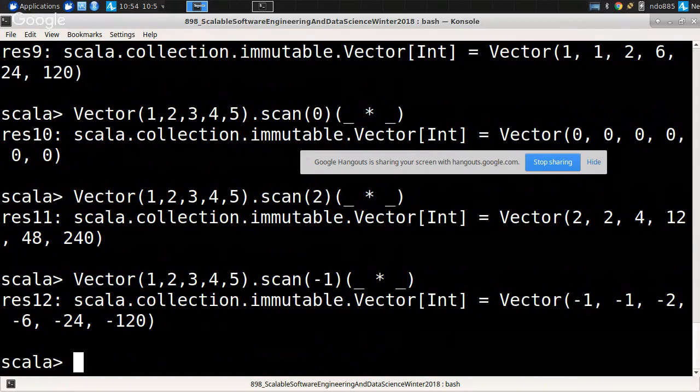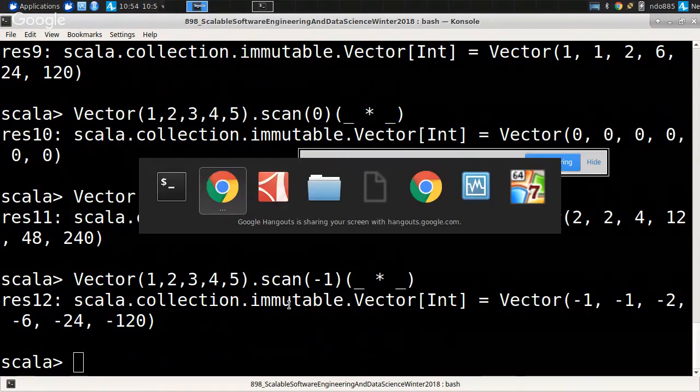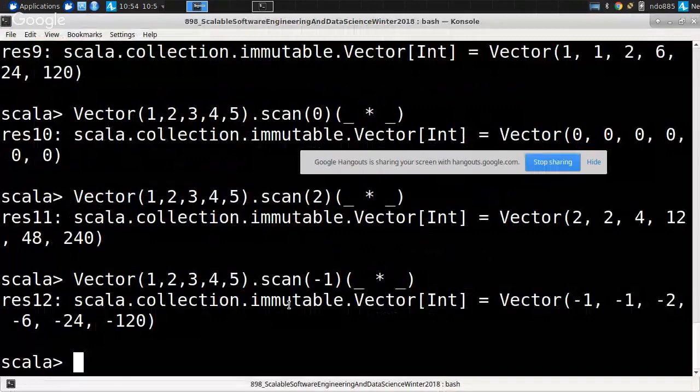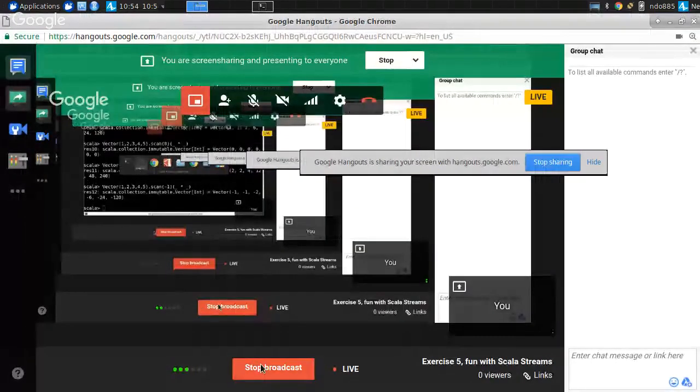Okay. Great. So that was factorial. I think what I'll do is I'm going to